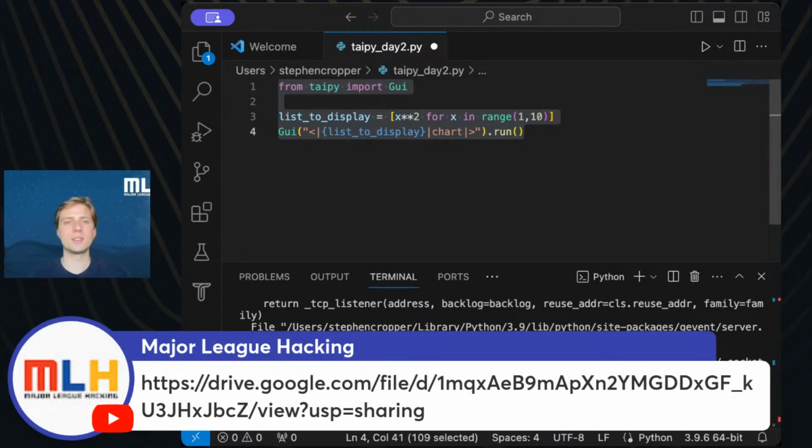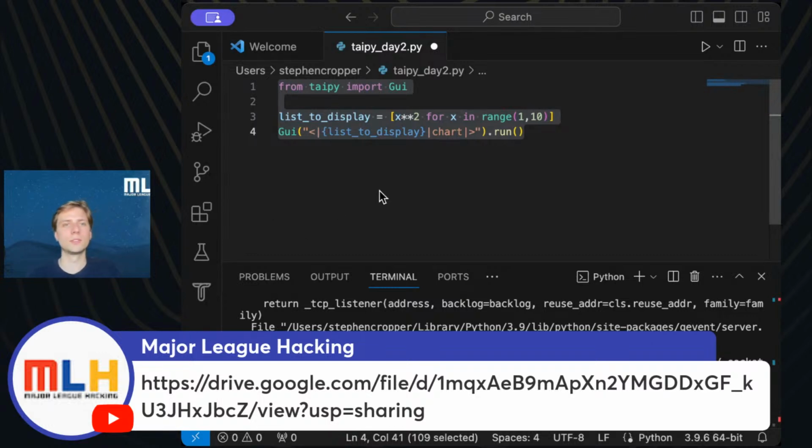So I just sent that to you. This is Taipy tutorial 2 for you. And this should cover all the codes that we'll make for the rest of this workshop. So if you fall behind or you aren't quite sure what I'm writing, you can look at this code and it will tell you the entire solution for the day.